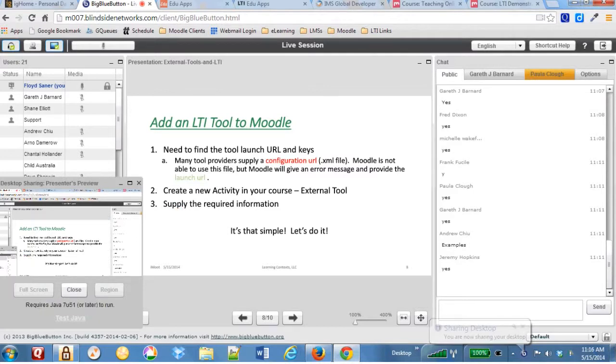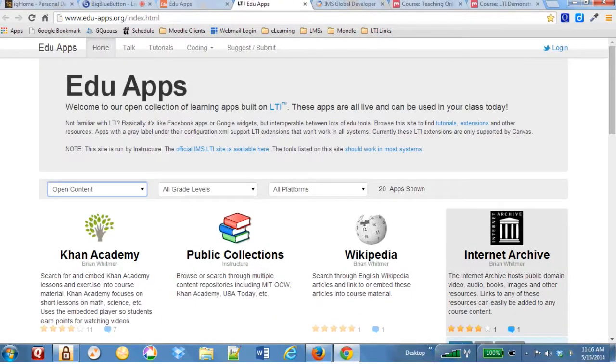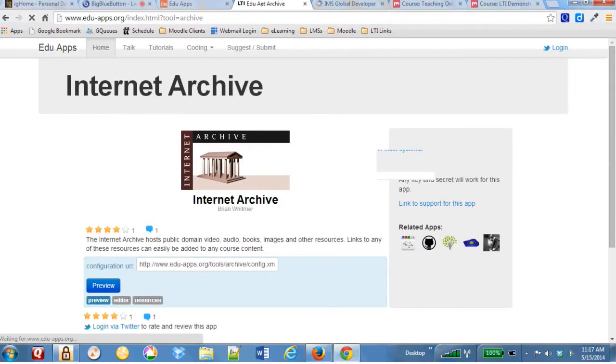Let's see. Okay, I should be sharing my desktop. So let's go back to this Edu Apps, and let's start out by going to the Internet Archive. I click on that, and notice here they give this configuration URL, and that is what I talked about. If you go to the full end, notice this is a config.xml file. And so that's going to generate an error. If we copy that, though,